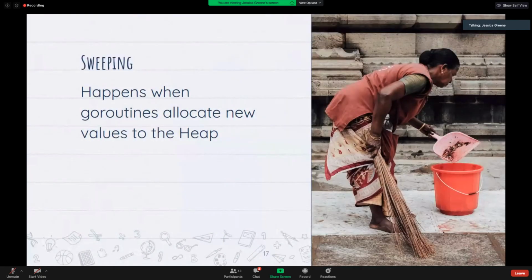So the last step in that would be the sweeping. And what I think is quite interesting is that that actually just happens when Go routines are trying to allocate new values to the heap. So the cost of sweeping is actually not part of the cost of garbage collection. It rather is an added cost to later allocations. I think this is helpful to bear in mind, because you don't have to think about that during the garbage collection happening, but you do need to think that there's this going on when you're making further allocations in your program.